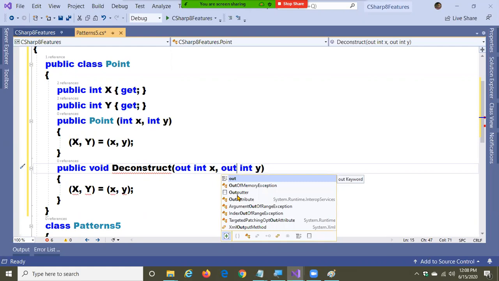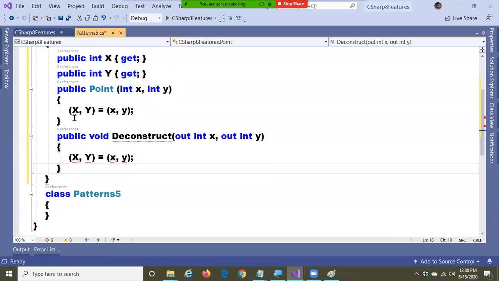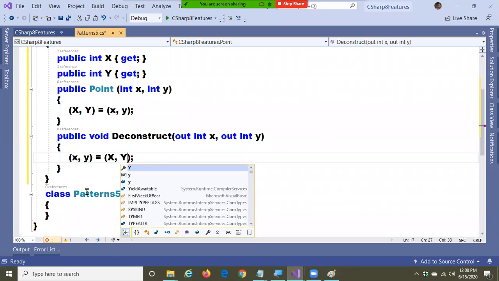Deconstructor methods are basically used for exposing values. Constructors are used for taking the inputs and deconstructors are used for returning the outputs. These are output parameters, and what you write in a constructor will be reversed in a deconstructor.